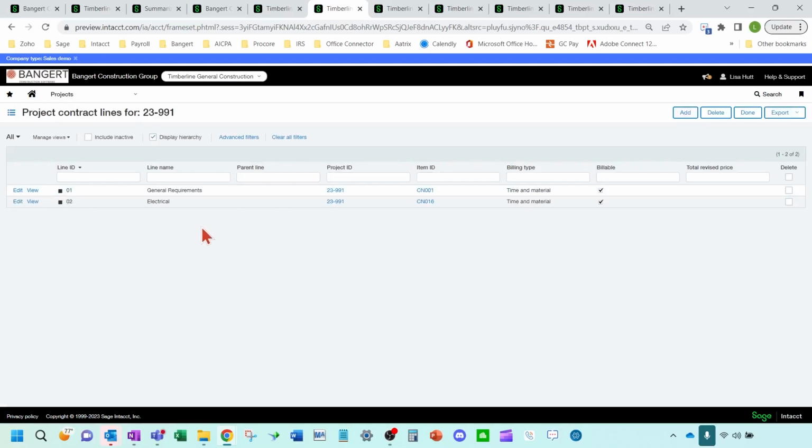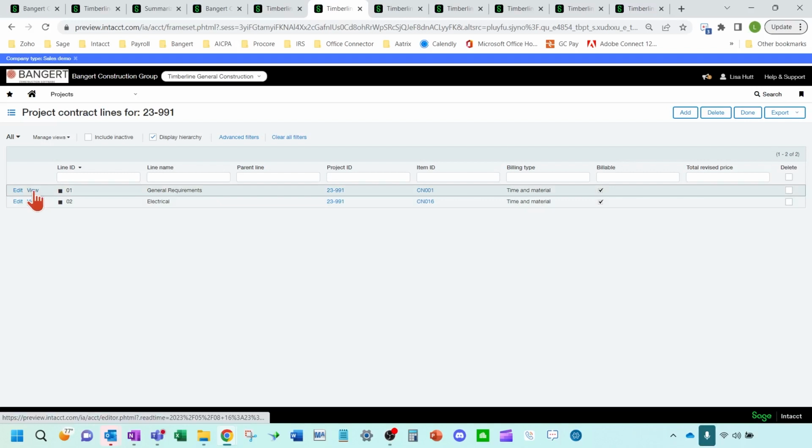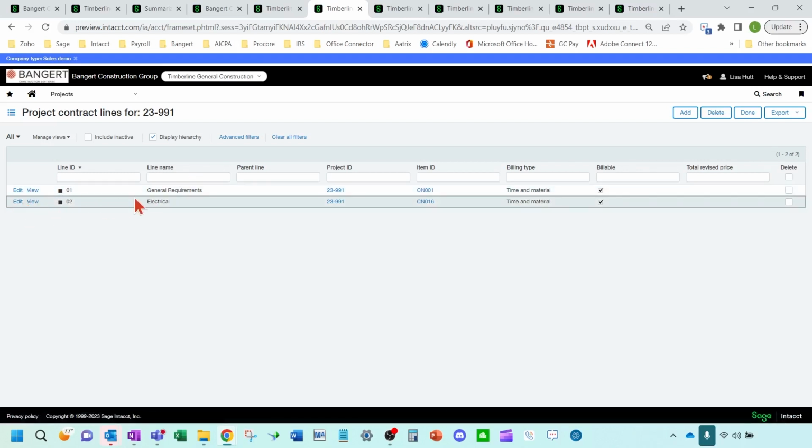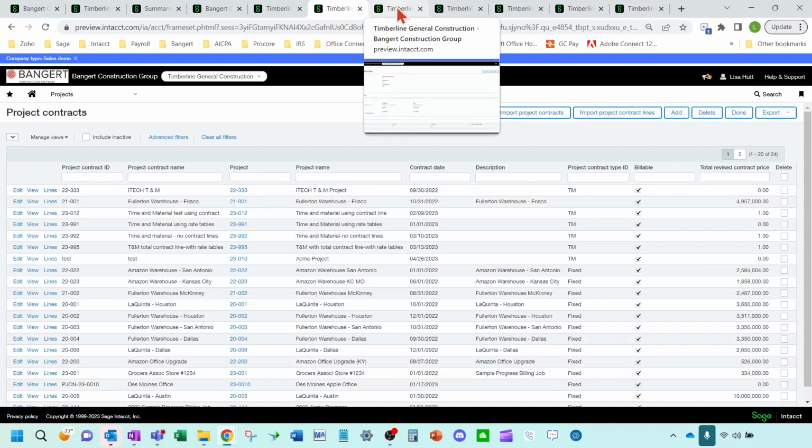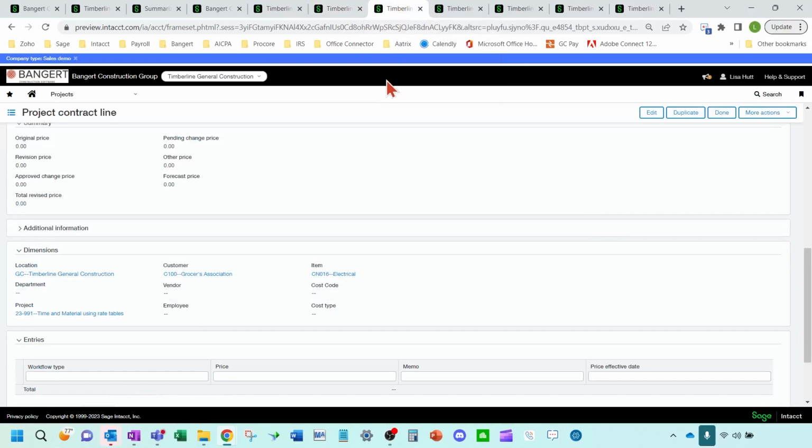So I've entered in 4 bills, two bills that go to the two separate cost codes on this line item, and 2 electrical bills from 2 separate vendors that went to those cost codes. And we're going to now generate a bill to show you how it looks with those separate line items.